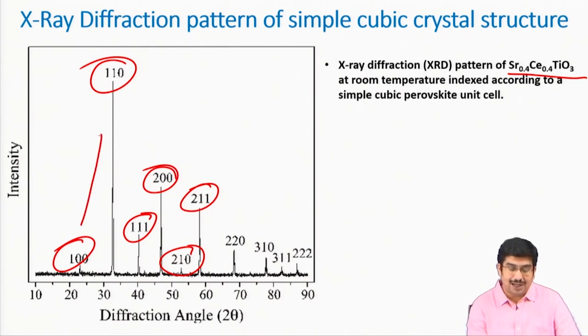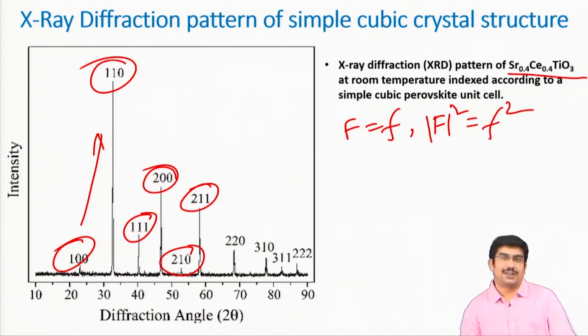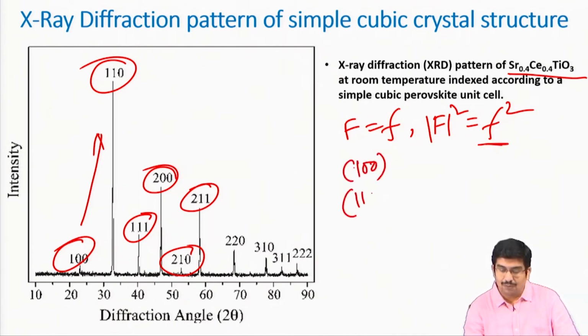Now, you can see there are huge differences in intensity between this peak and this peak and this peak. This is coming from other factors which we will discuss later. But from structure factor calculations, since we know that F equals f, the intensity will be simply the square of the atomic scattering factor. One more thing you should remember here: the atomic scattering factor for the 100 plane and the 110 plane is not the same, because sin theta by lambda for the 100 plane